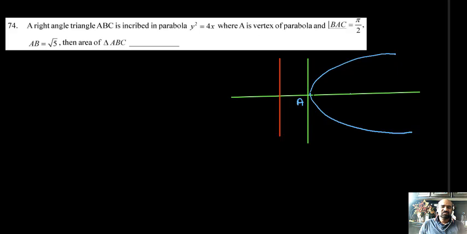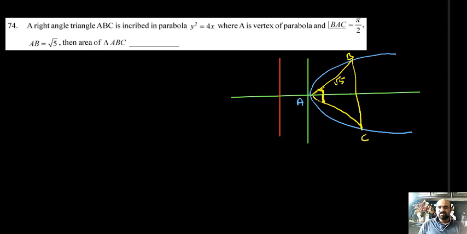Now we want to draw a triangle ABC so that angle A equal to 90 degrees. Here B, I can take here. This is one side of the triangle, this is another side of the triangle, so that angle A equal to 90 degrees. This is the third side. So this is B and this is C, and this is a right angle triangle. I can say that AB is a chord whose length is root 5. BC is another chord, AC is also another chord, but AB and AC are perpendicular.